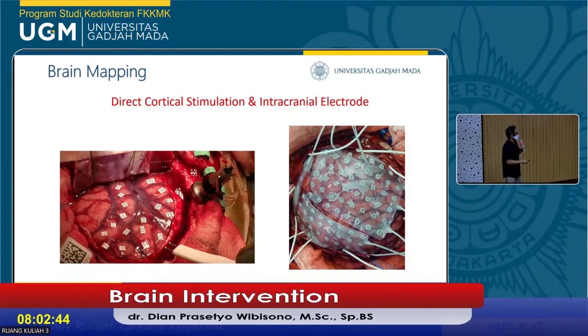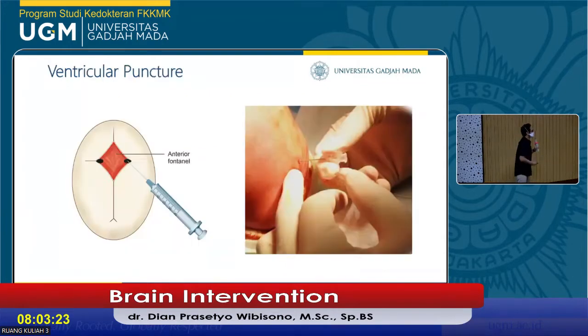Now, we don't want to do that. So we directly stimulate the cortex. We can see from the awake patient, we want him or her to read something, to do the language skill. Next we can see the boundaries, which one we can resect and which one we have to preserve. So post-operatively there is no new neurological deficit. This one, intracranial electrode implantation, is to know the epileptic focus directly in the brain.